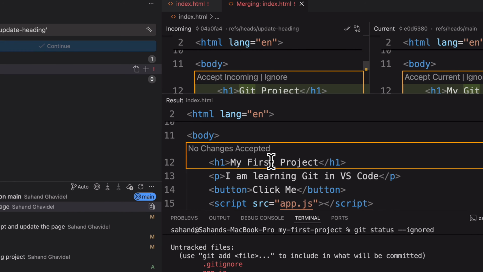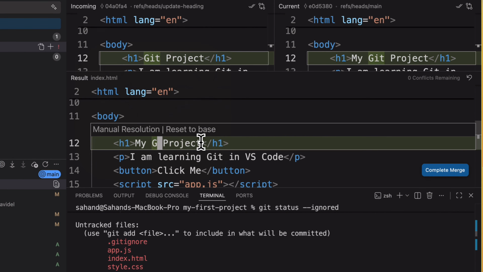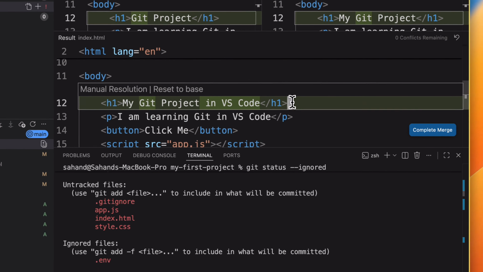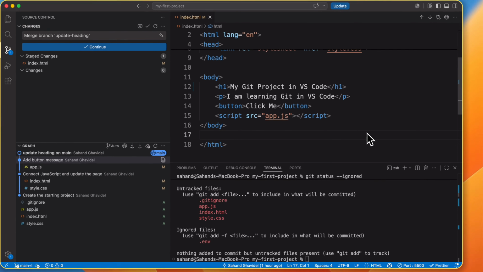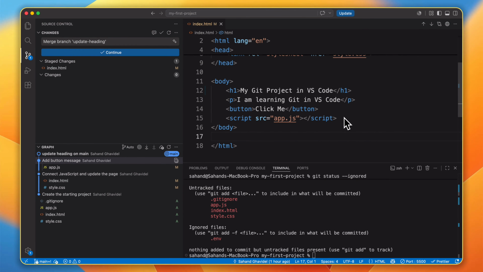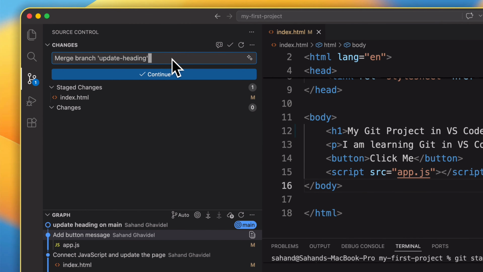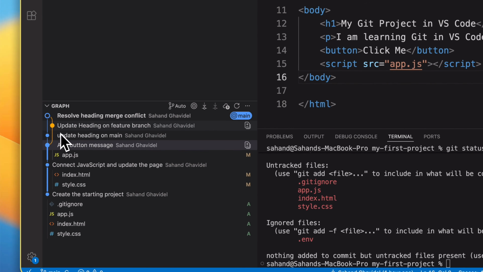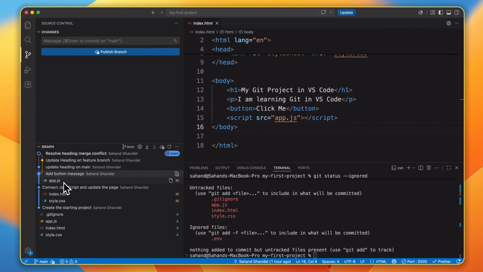Instead of just choosing one version, I'm going to edit the result panel directly to use the heading, My Git Project, in VS Code. Now both ideas are combined into one final heading. Once the conflict count reaches 0, I'll select Complete Merge. VS Code will then stage the resolved file and close the merge editor. To finish the merge, I'll commit the changes with the message, resolve heading merge conflict. As you can see, the final heading appears in the browser, and the source control graph shows the completed merge